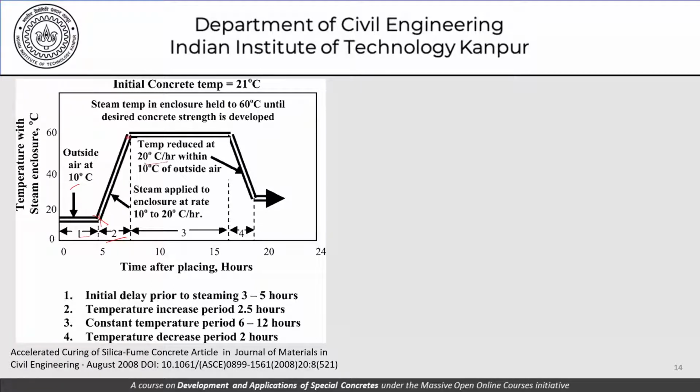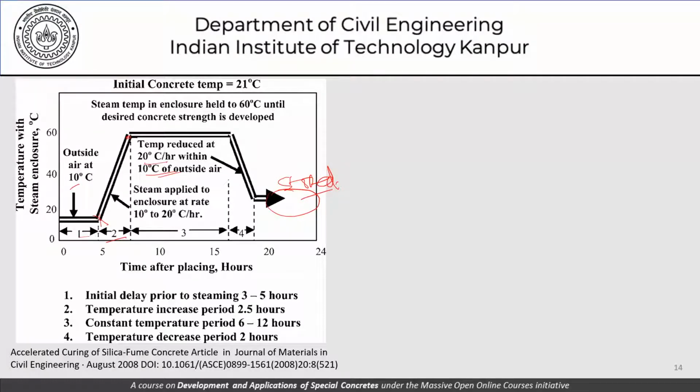The temperature is reduced at the rate of about 20 degrees per hour to within 10 degrees of outside temperature, and then the concrete is simply stored. It's not the concrete which is really stored, but the member which is finally taken to the storage yard. So there's an initial delay prior to steaming, there's a temperature increase period, there's a constant temperature period and a